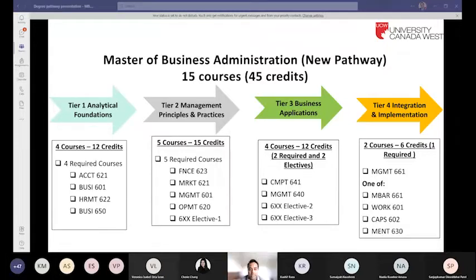Predominantly, you must be registered either in the three courses under tier one or one of the courses under tier two in the summer term.